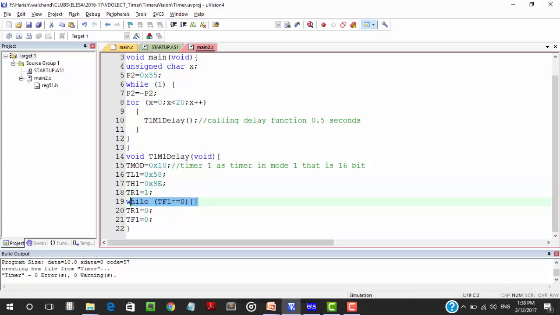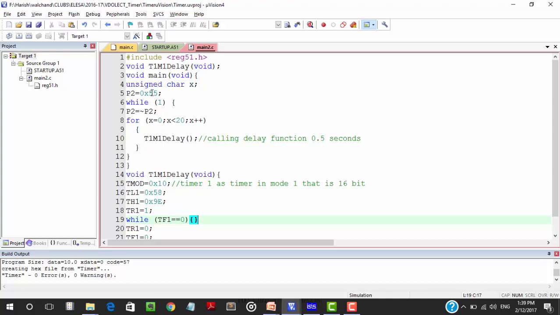Now here it is a loop on the flag: whenever TF1 equals 0, it will do nothing and stay inside this loop. When TF1 becomes 1, it will pass this loop and come to this line. Here we have stopped the timer, that is TR1 equals 0, and cleared the flag, TF1 equals 0.